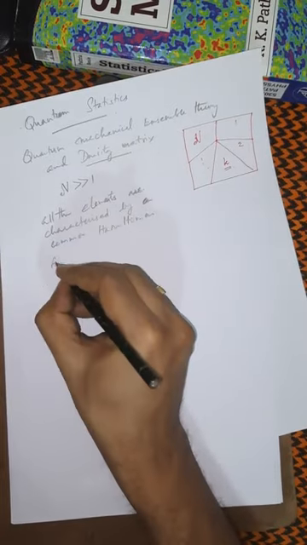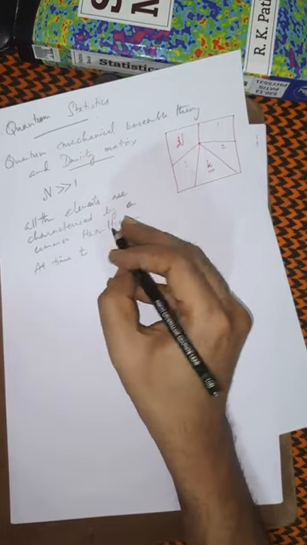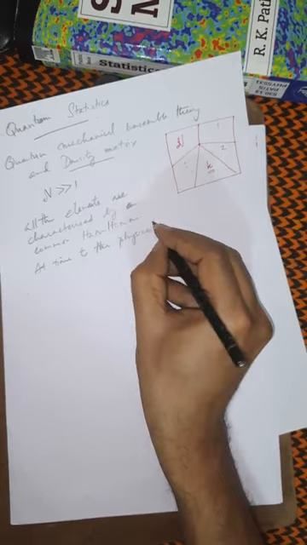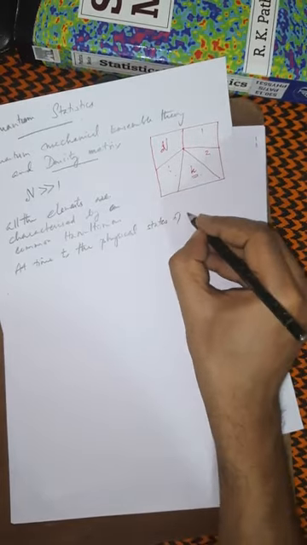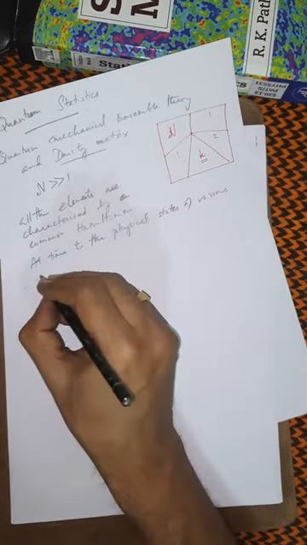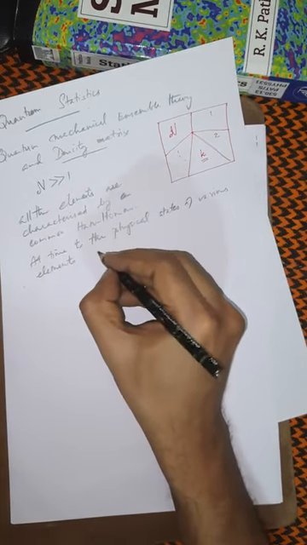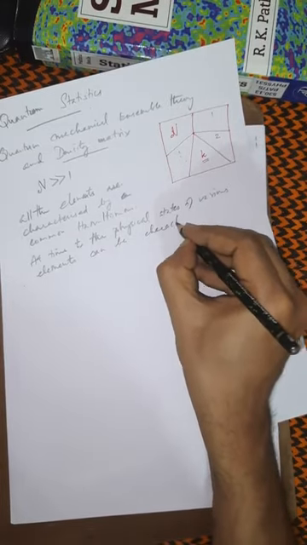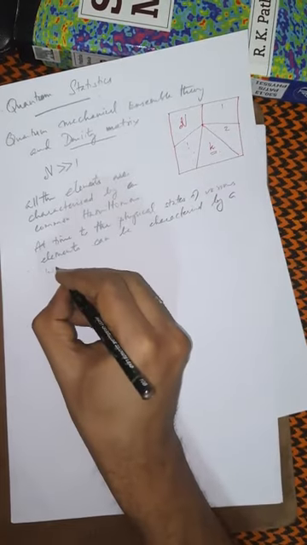So at time t, the physical states of various elements can be characterized by a wave function